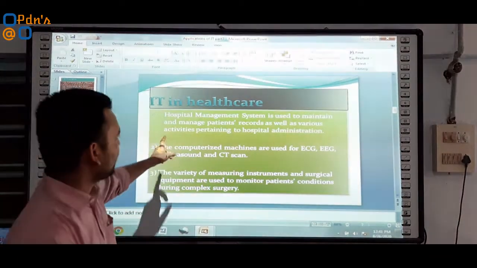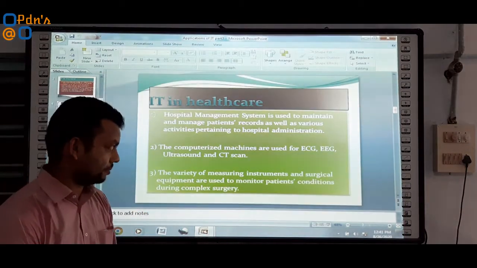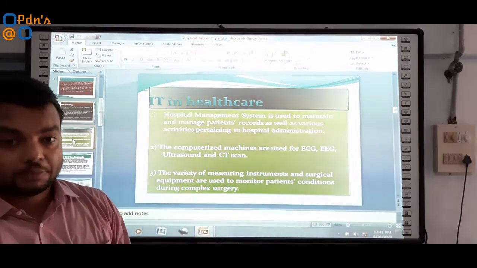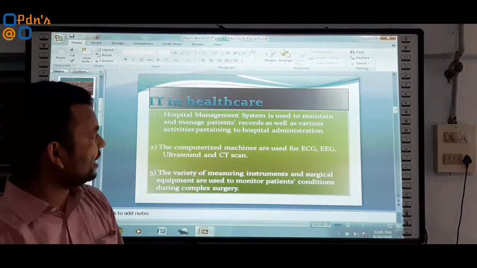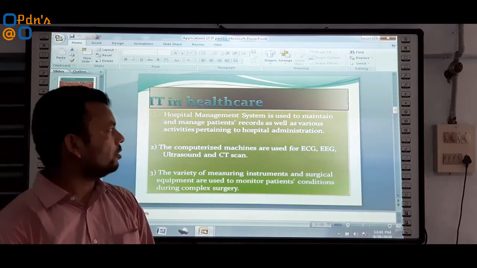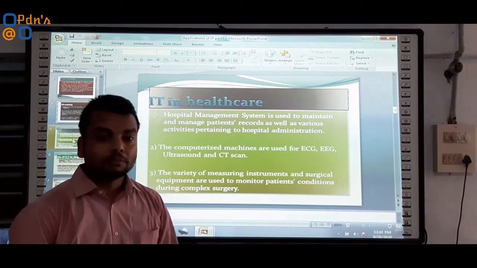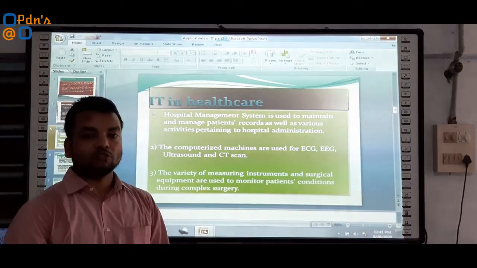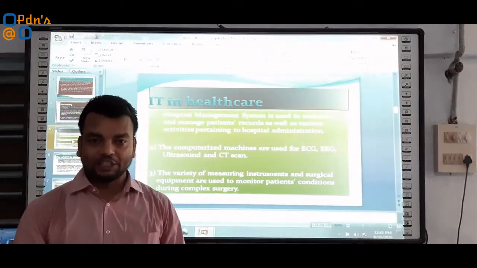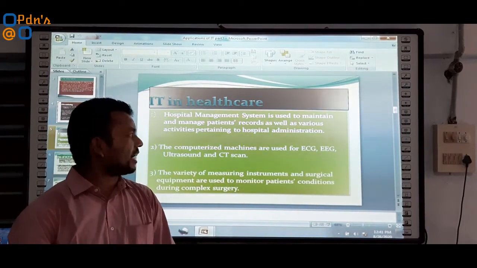The first point, as it is mentioned here, is the hospital management system. A hospital management system can be used to maintain and manage patient records as well as various activities pertaining to hospital administration. A kind of software can be designed for hospital management which can keep track of all the patients' records,